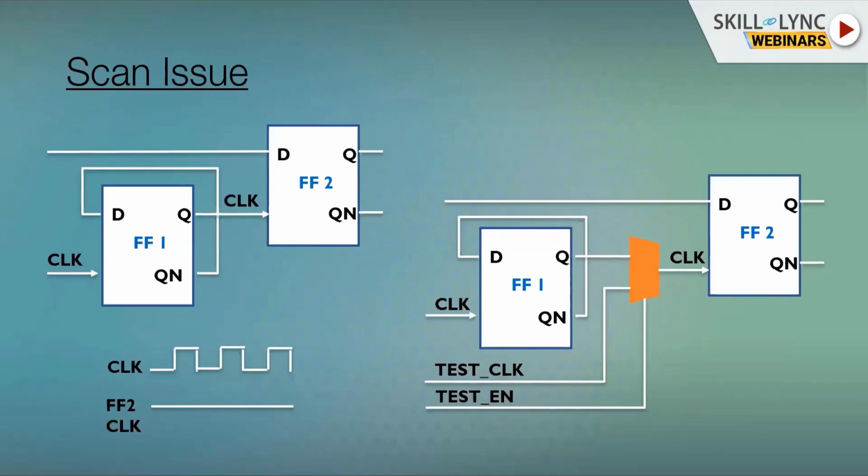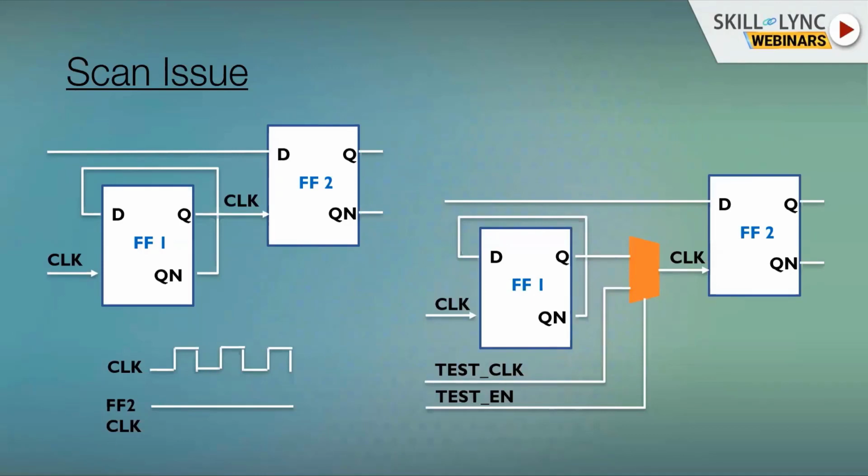The test clock gets connected to flip-flop 2. Using a test enable pin, that is the select line, the tester controls the clock from the external port. Now the flip-flop 2 clock becomes controllable and observable at the output. This is one approach for solving this issue. Every company follows a different approach, so I'm just showing a single approach over here.